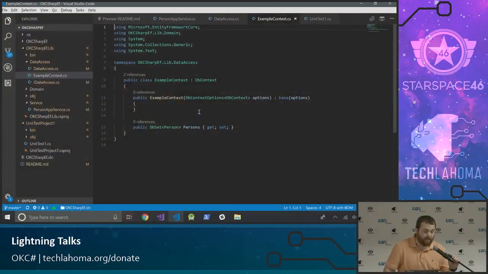Sometimes this is a little finicky. Okay, so there you have it. I don't know if you've ever tried to mock DbSet before, but it's a lot of overhead code. And so fortunately,